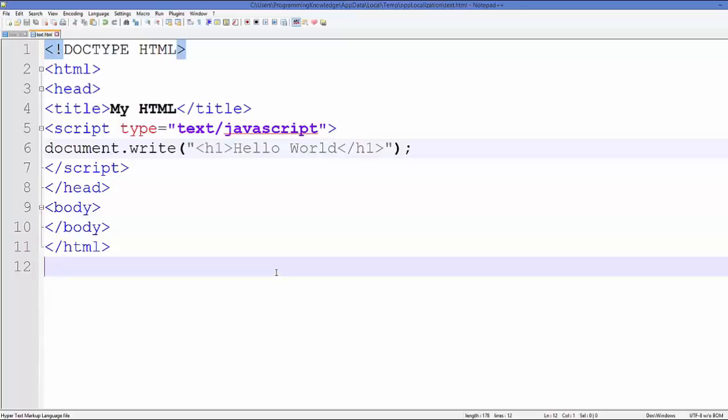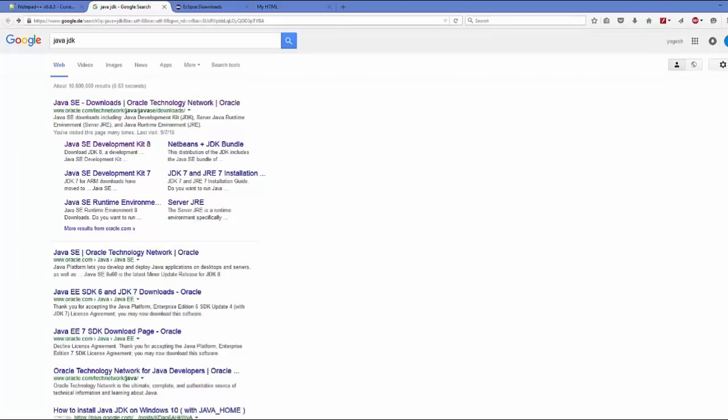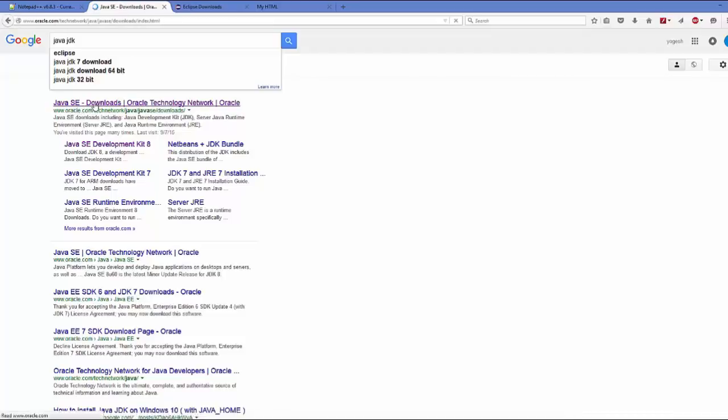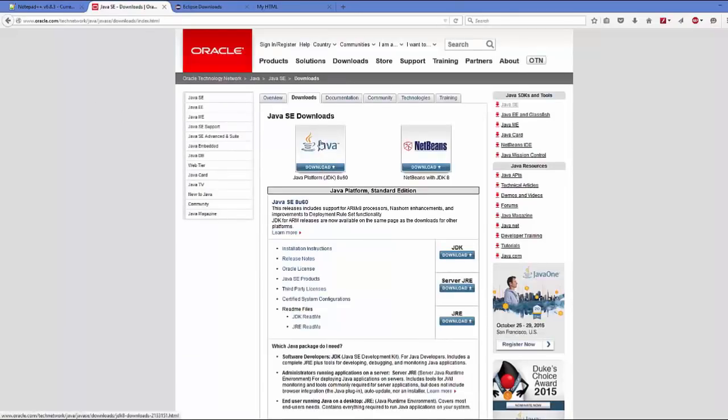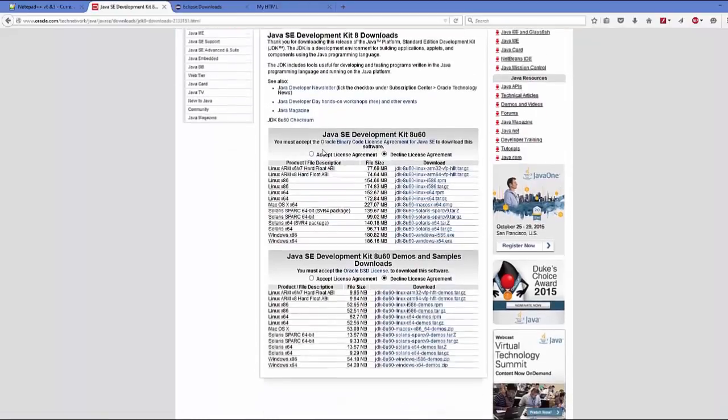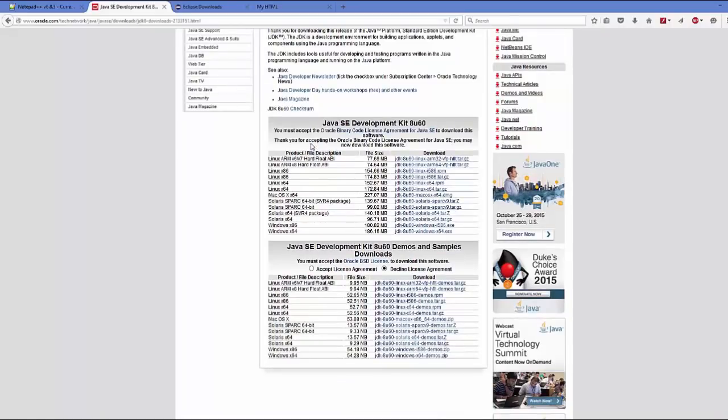Now let's see how we can install Eclipse IDE on our Windows operating system. To install Eclipse IDE, you need to have Java JDK installed in your system because it's a prerequisite for installing Eclipse IDE. Now you just need to search for Java JDK here and just click the link which says oracle.com. Go inside here, and here you need to choose this option which says Java download, and once you click here you need to click this radio button which says accept license and condition, and you need to download the installer which says